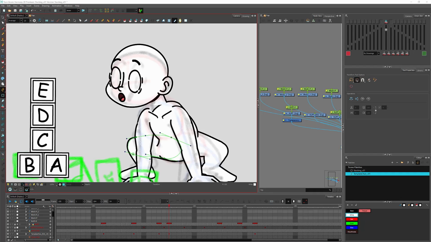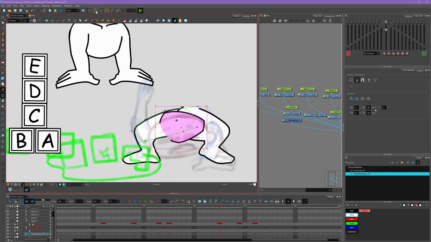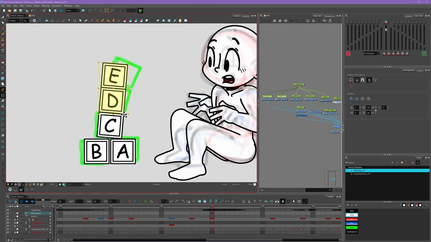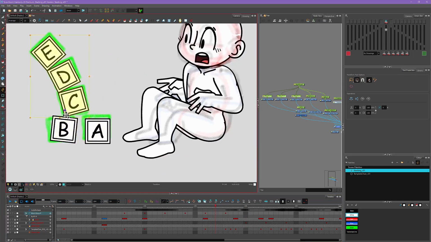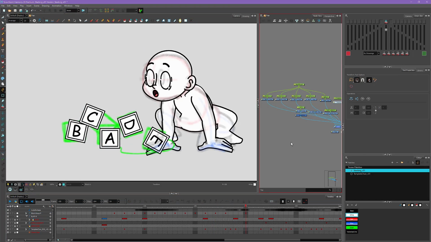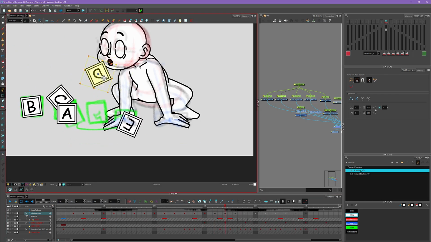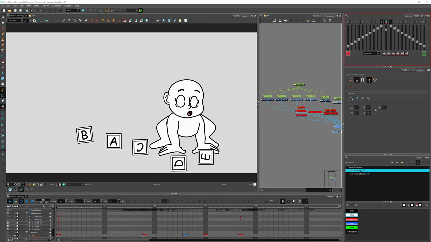So we're going to continue posing out our character on all of our keyframe poses, just following the same process as we were doing before. And then for this part where I'm animating the blocks, I'm actually doing it frame by frame, kind of like stop motion, and just sort of feeling it out and scrubbing back and forth, seeing if the physics feel right, and just animating it by hand. This part was really fun to do. I like doing this part a lot. And there we go. All right, we finished our posing animation.